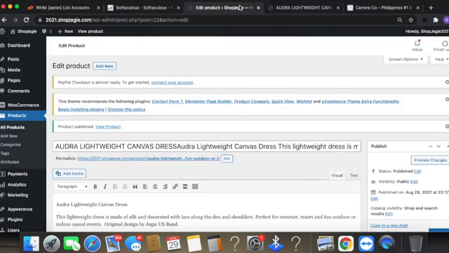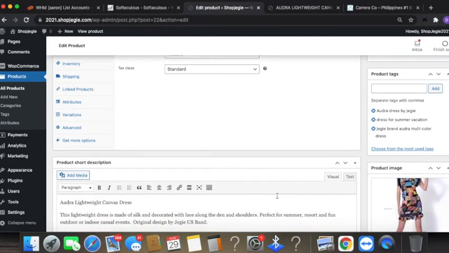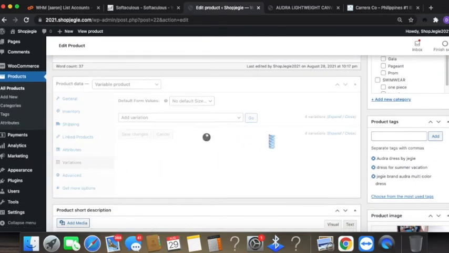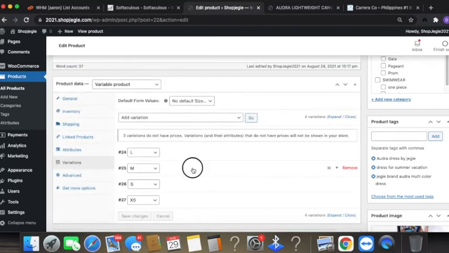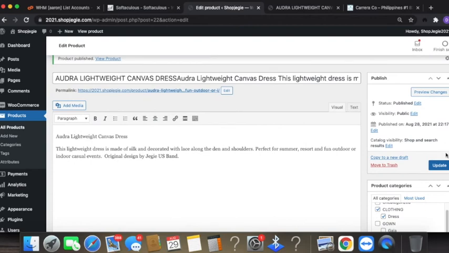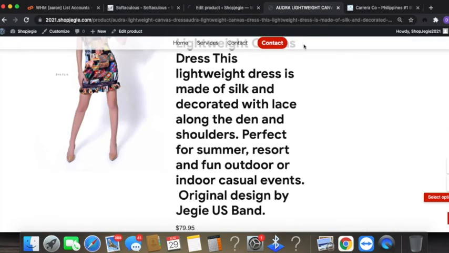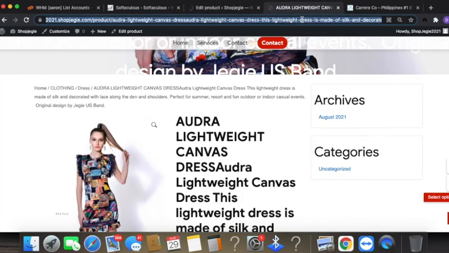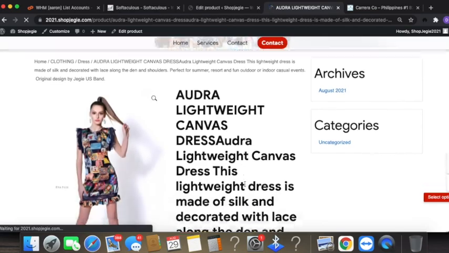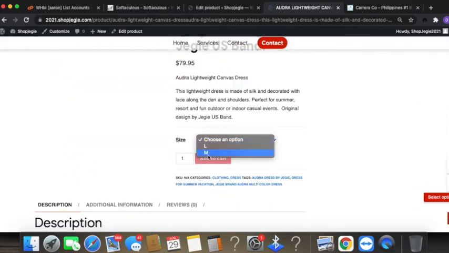Now, if I would go and add the attributes for medium, 7.5, free, and then I put update. And then right now I have the medium